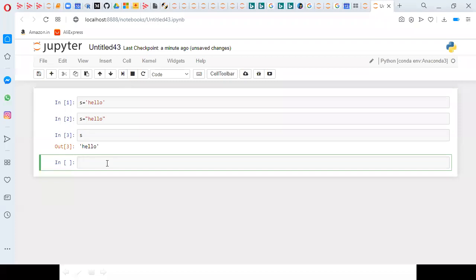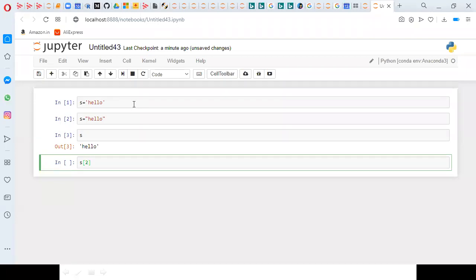Already I said that strings are implemented with the help of arrays. For example, if I write s of 2, it will retrieve the second cell element.